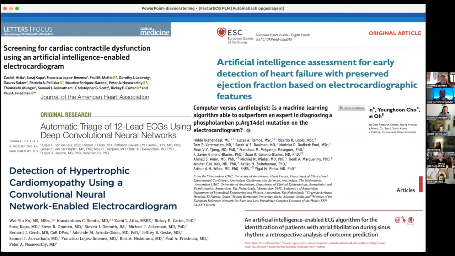As I think most of you know, since we started this, a lot of groups around the world have been looking into this type of research. These are just a few papers that I found interesting, but in the past 2 years, hundreds and hundreds of AI algorithms for ECG analysis have been published in all different types of journals. They range from things that we knew we could see in the ECG to novel things such as detecting mechanical problems with the heart, such as reduced ejection fraction, or looking at things that will happen in the future, or detecting specific genetic disorders,